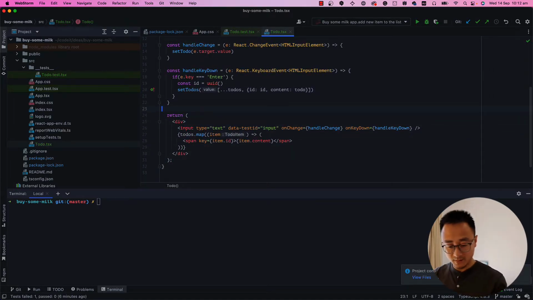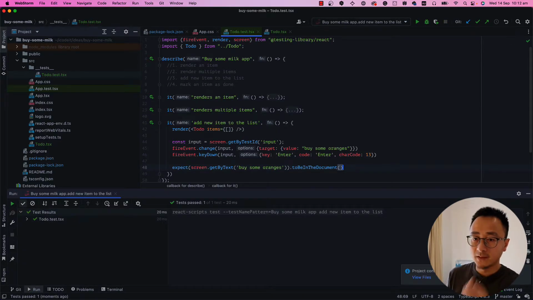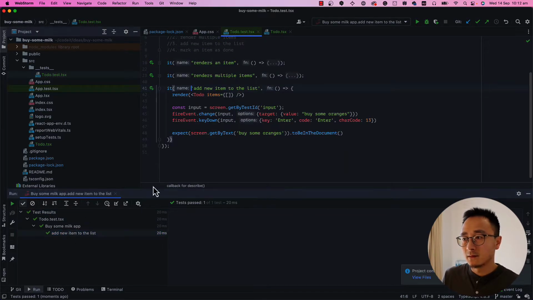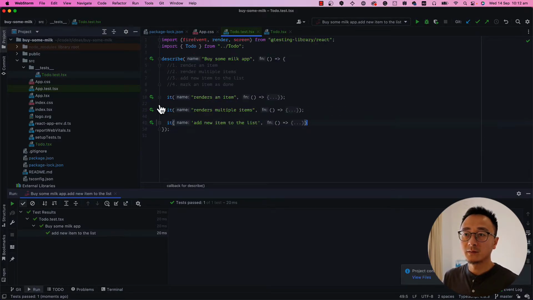And if we go back to the test and run it again, it should pass, right? And yeah, it passed. We can now add one more item into the list. That's pretty cool, right? We have implemented 3 or 4